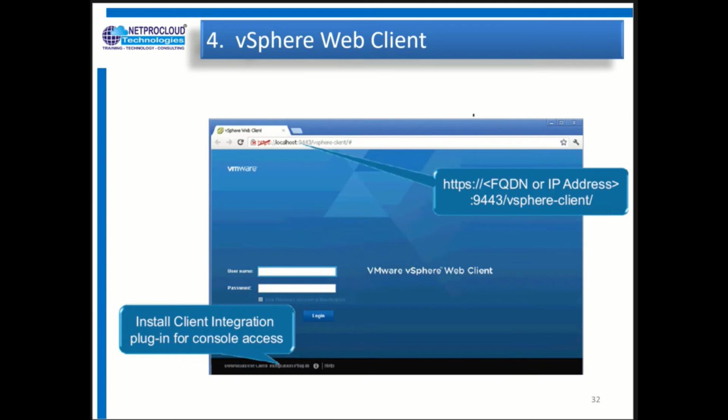Now press enter, and you will be prompted for your username and password. Simply put the username provided by the vCenter server admin, and then the password. Now you can access the vCenter as well as your ESXi host. So this is how we can access the ESXi host, right?